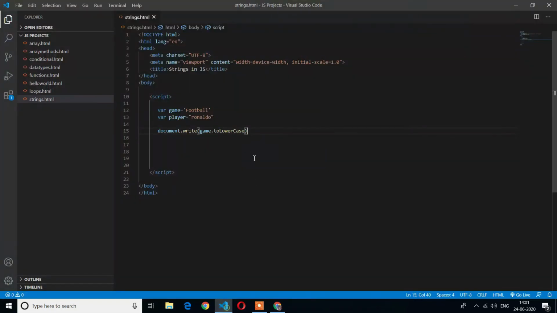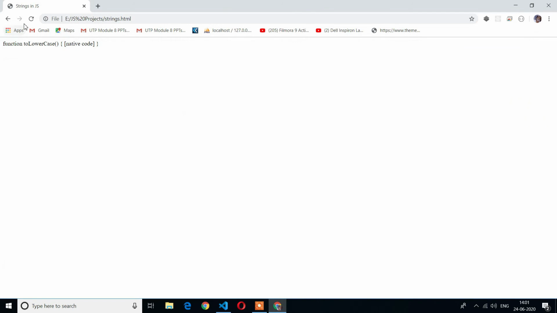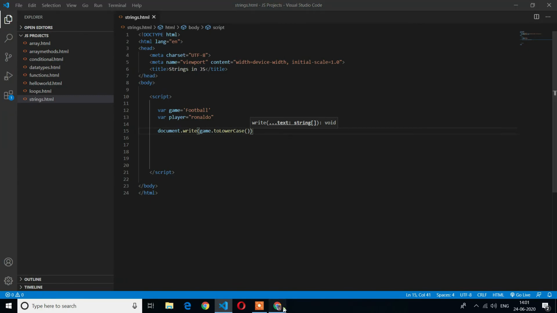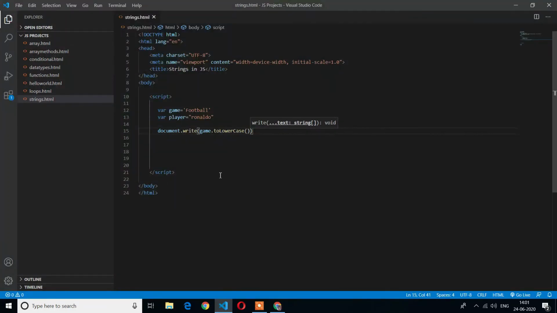Here you can see the toLowerCase function is raising an error. That's why we need to use parentheses for every string function. Now I will refresh it. Here you can see the output. We declared football with a capital F, but the output has a small f, because we have converted the string to complete lowercase.